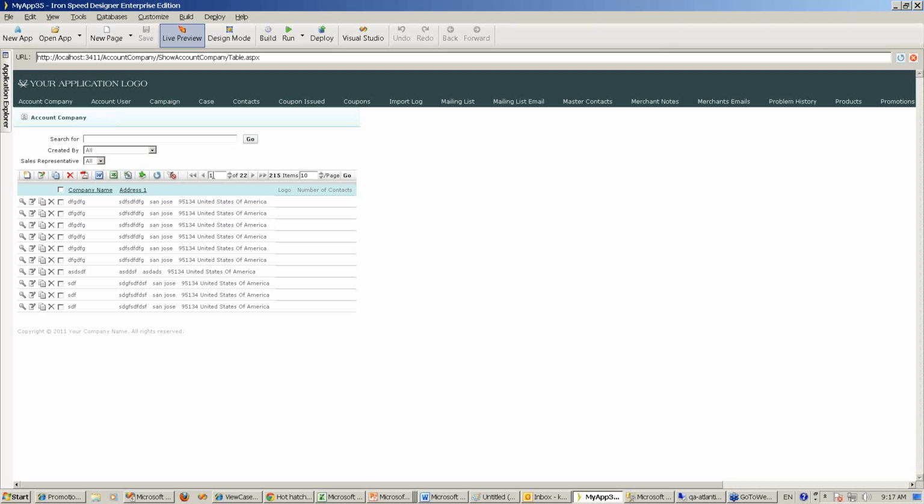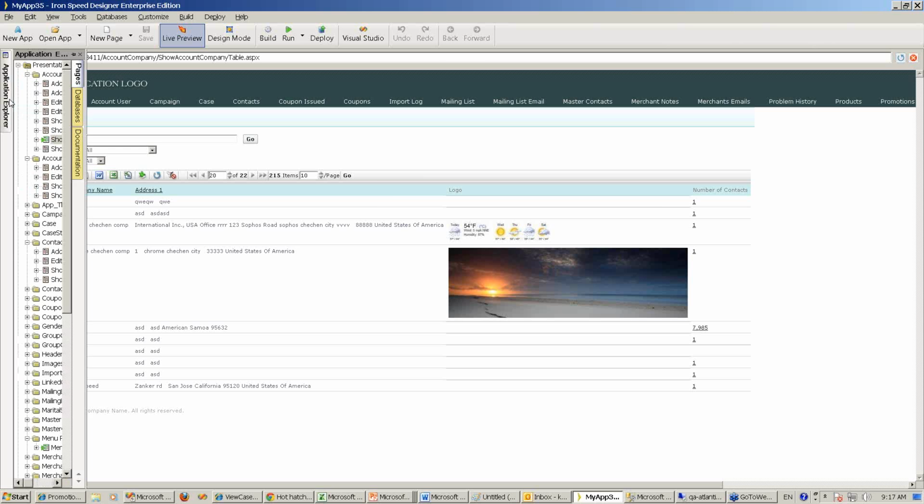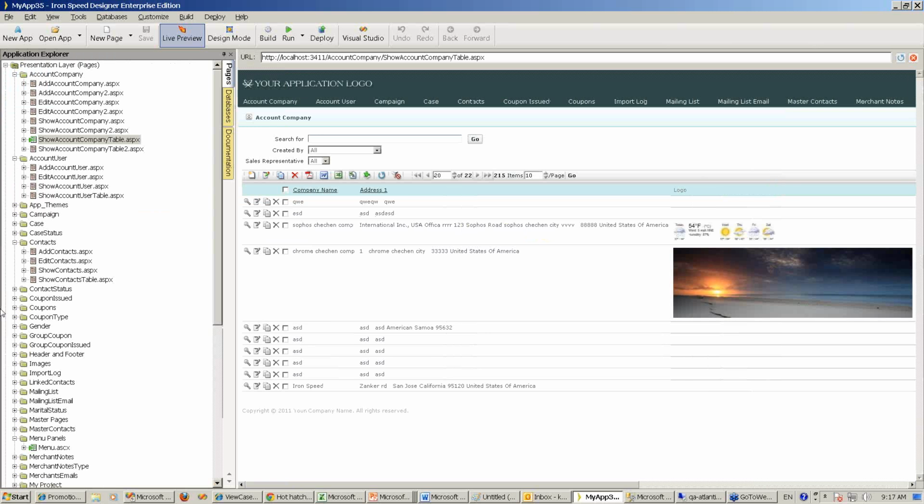Account company, and if I go to, for example, page 20, what do I see? Yeah, it works. So I can go here. Now that's great. Now the last thing I want is to add the same URL parameter to the page itself where I'm going. So the last thing I need to do is to go to my contacts page, and it will show the contacts table,